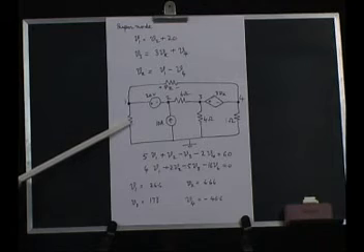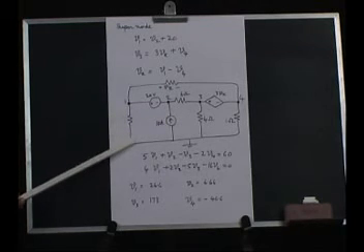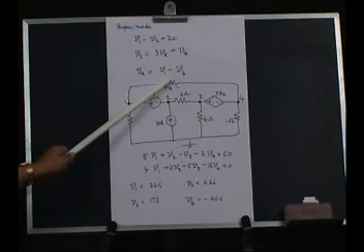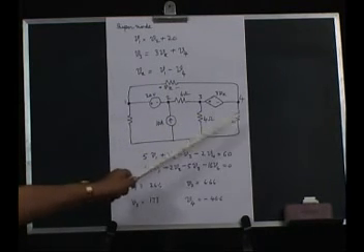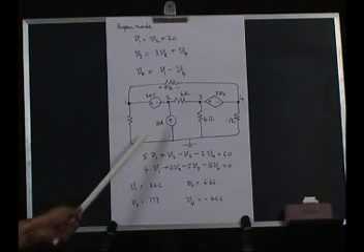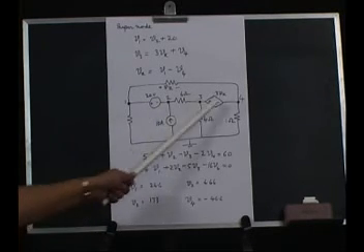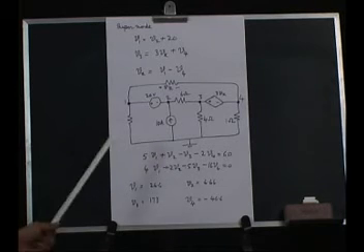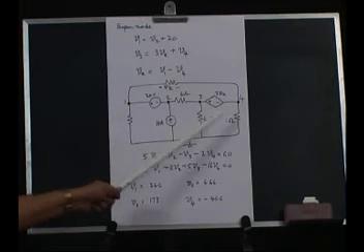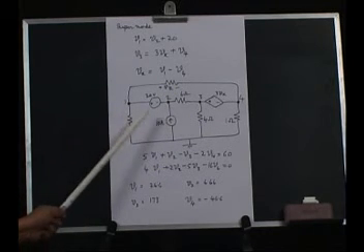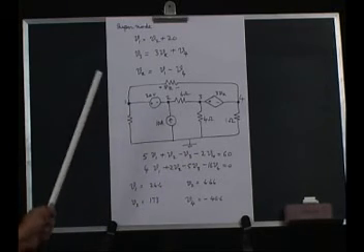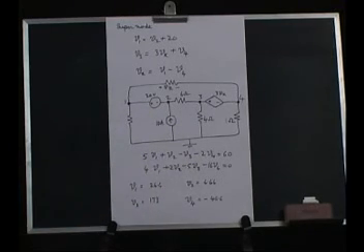Therefore, we know the power. By multiplying voltage and current, we get the power of this, the power of this, the power dissipated by this resistance and the power dissipated by this resistance, and finally we can find the power delivered by these sources 1, 2 and 3. All 3 sources we can find. If we require any energy in any of these resistances or energy delivered by any of these sources, we can find it if the time is known.